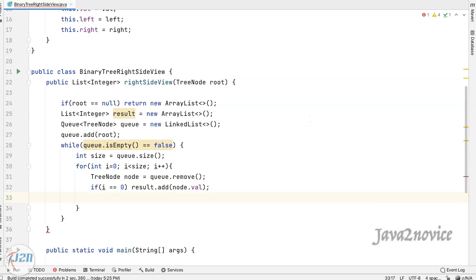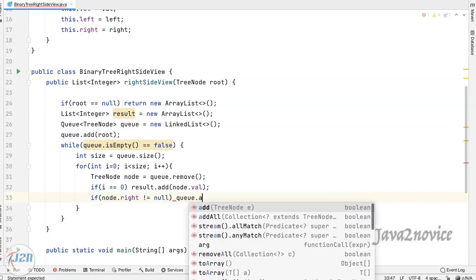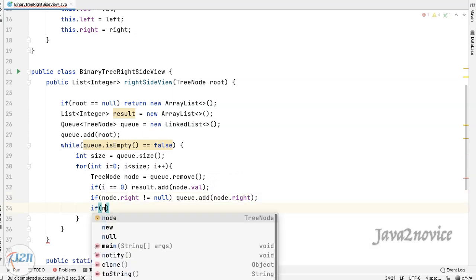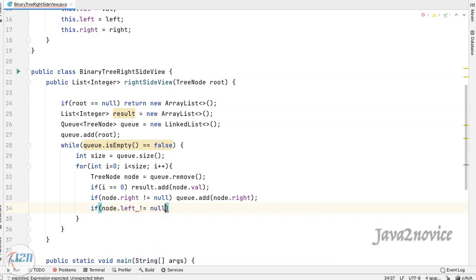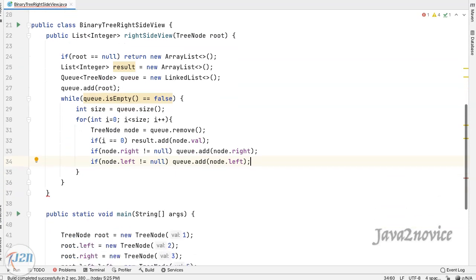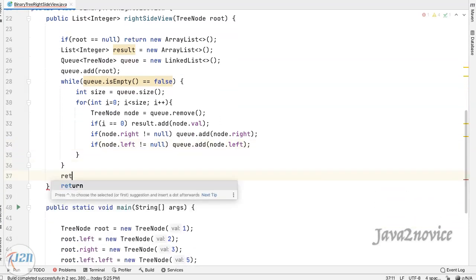We will add right child first if it is not null. Similarly, add left child if it is not null. Finally, return the result back. We are done with coding.